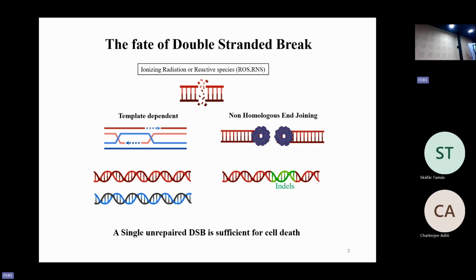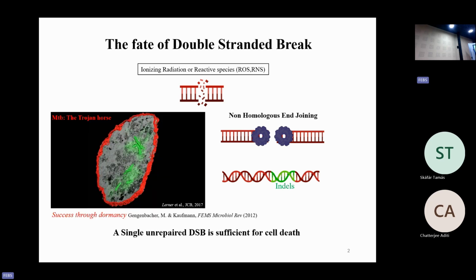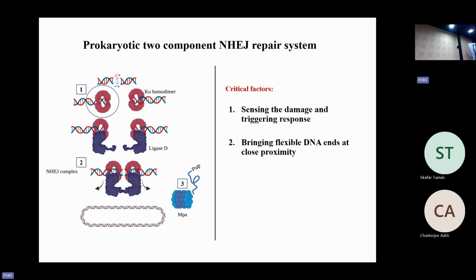The template dependent mechanism only works in actively replicating cells. But in non-replicating cells, as there is no extra copy, NHEJ is the only repair method which can be used. This is especially relevant in Mycobacterium tuberculosis, which resides within the host macrophages as dormant cells, and is constantly bombarded by genotoxic agents that cause these DSBs. So they require a robust and fast DNA repair mechanism such as NHEJ,